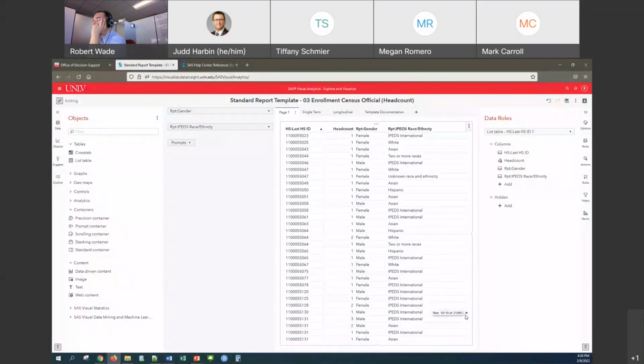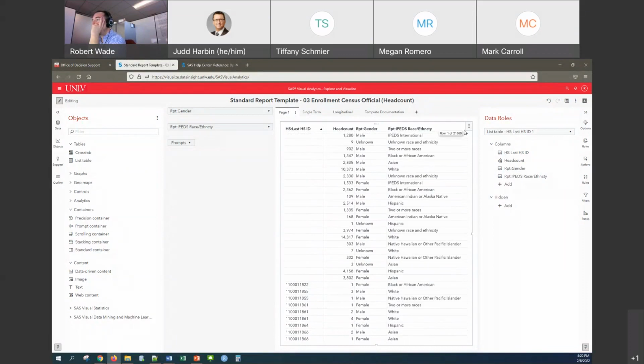Okay, so there's 21,000 records in there. You can still export this, it looks like, but that's because the table is relatively narrow. It's not too wide. But as you add more fields in there, you can export fewer and fewer records. A lot of times it's not clear that you're exporting just a truncated version of what you intend to export. So you have to be very careful whenever you are trying to get record level data out of